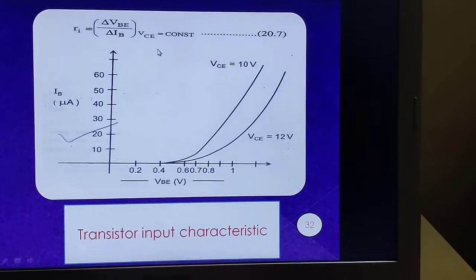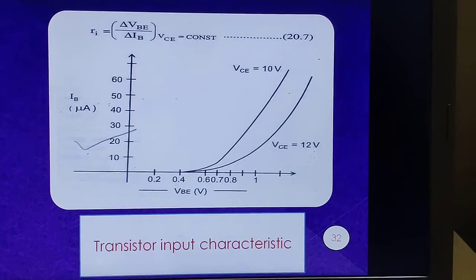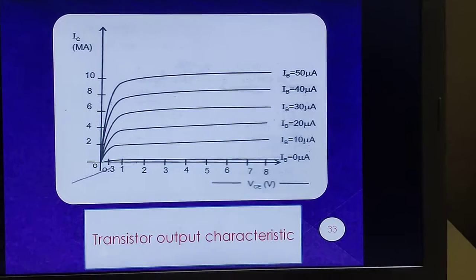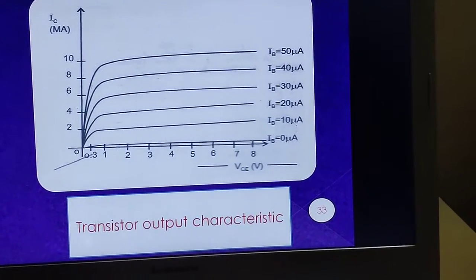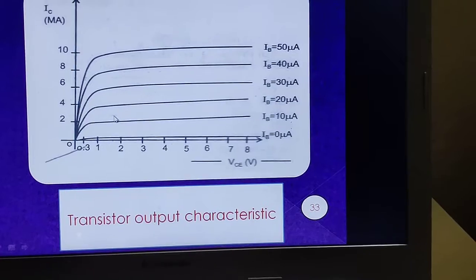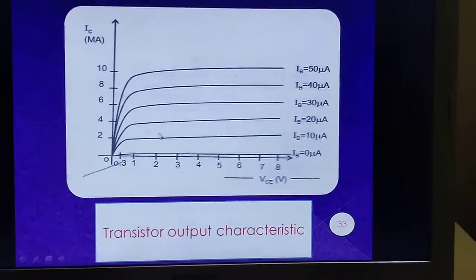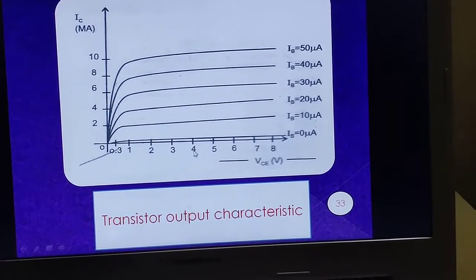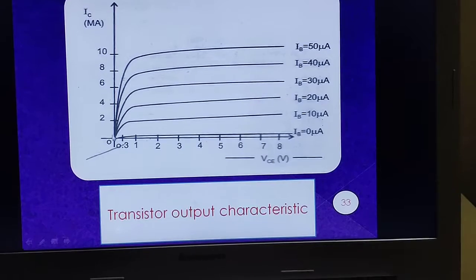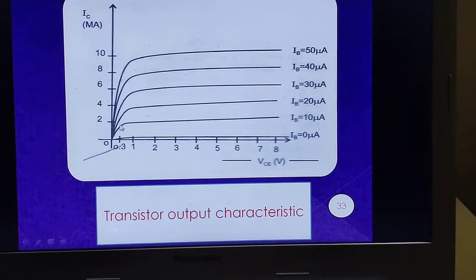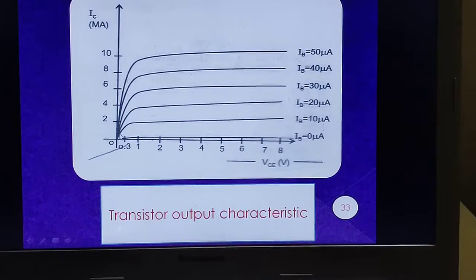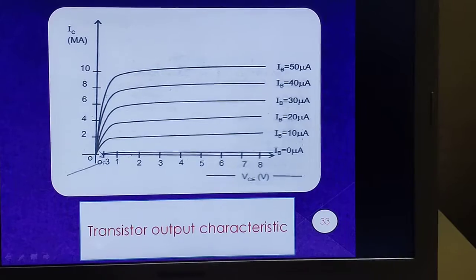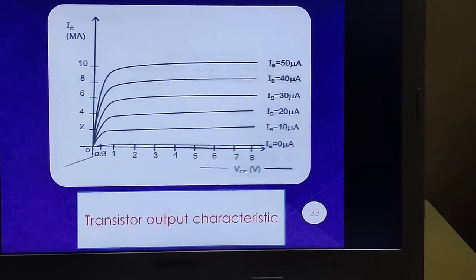In order to study the output characteristics, we keep the input constant, and this is the typical graph of the output characteristics of the transistor. So keeping IB constant, the input, we keep IB equal to 0 microamperes here, and we go on increasing VCE. We observe that IC is almost equal to 0. So this region where IC is 0, this region of the transistor is called the cutoff region, because there is no action of the transistor.